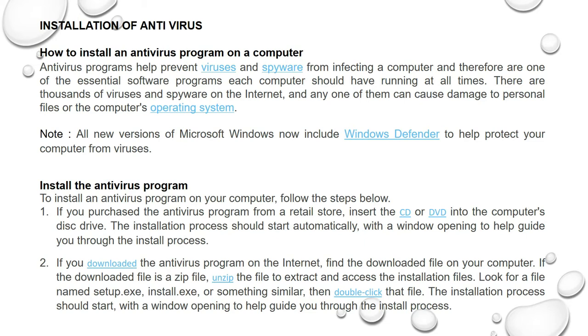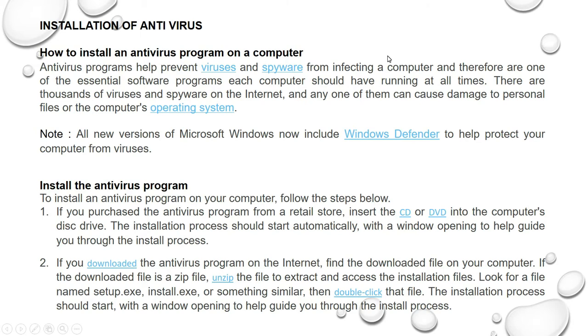How to install an antivirus program on a computer? Antivirus programs help prevent viruses and spyware from infecting a computer and therefore are one of the essential software programs each computer should have running at all times.